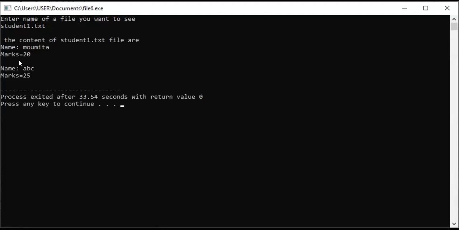So all the information in my student1.txt is printed on my output screen. So my program is absolutely okay. All those things are written. See, this information I actually wrote in between my student1.txt.